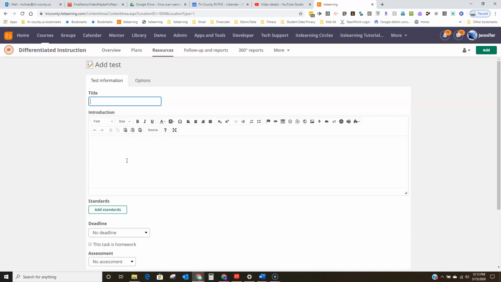I am going to write example answer key as my test title. Obviously, you're going to choose an appropriate test title. In the introduction, I am going to give instructions for taking the test, and I'm also going to include the PDF file where they will actually be able to see the test questions and answer choices. So my instructions are going to say,